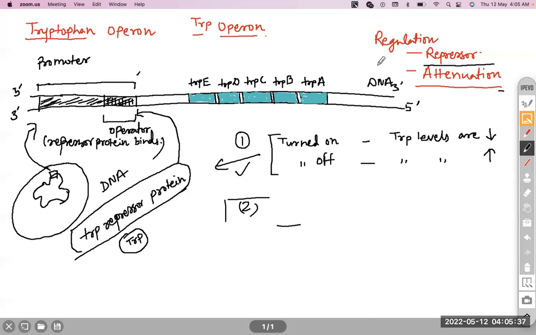ओके स्टूडेंट्स, फिर से बोल देते हैं, when the repressor, this repressor binds to the DNA of the operator, it keeps the operon from being transcribed by physically getting in the way of RNA polymerase. Okay,